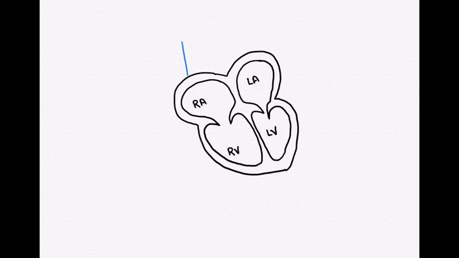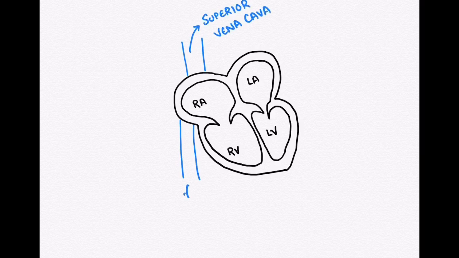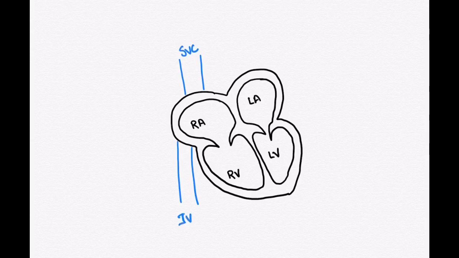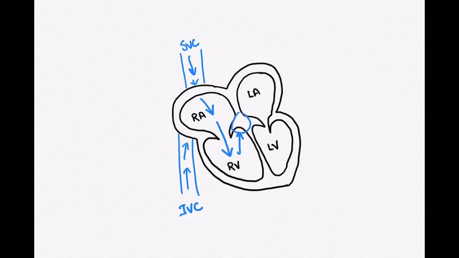The deoxygenated blood from the whole body is collected by the 2 veins, the superior vena cava and the inferior vena cava. For convenience, I am mentioning them as SVC and IVC. And these veins collect the blood from the rest of the body to the right atrium, which then flows through the atrioventricular orifice into the right ventricle, and from the right ventricle into another structure known as the pulmonary trunk and to